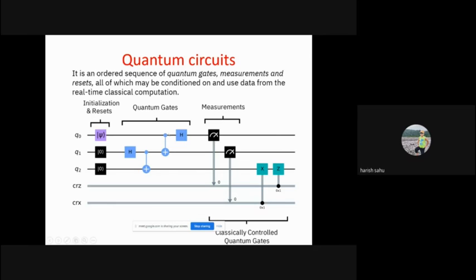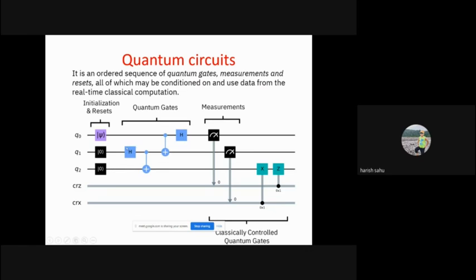In measurement, because these qubits Q0, Q1 and Q2 are in a quantum state, we measure them. And on measurement, what do we get? We get classical 1 and 0, basically classical bits. So we have to measure those qubits into some classical bits. Here, if you see below, the double lines CRZ, two lines are there. It means it's a classical bit. CRZ and CRX are basically classical registers, classical register Z and classical register X, we are naming them. So a double line denotes a classical bit, and a single line denotes quantum bits.